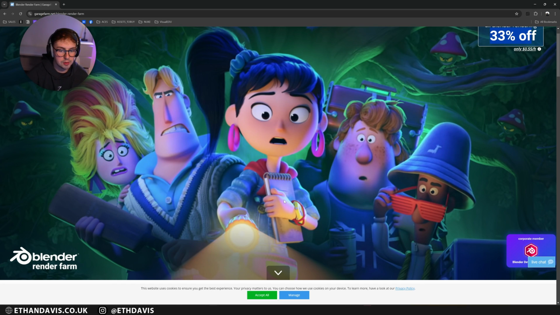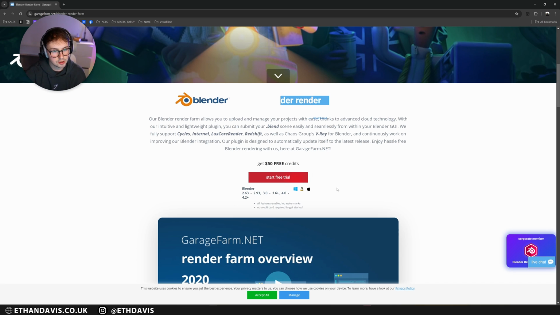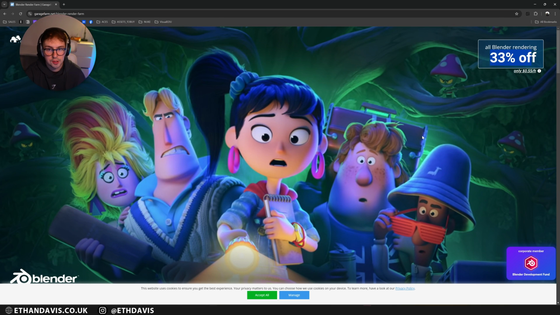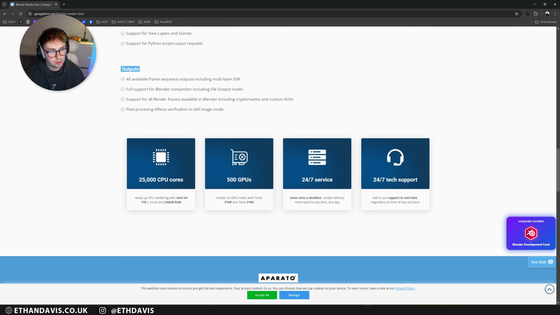So I'm just on their website right now, and this is GarageFarm. And you can see you get $50 free credits and you get 33% off Blender rendering. And you can also see all the stats here. They have 25,000 CPU cores, 500 GPUs, 24/7 service. And I must say their customer service is something like next level.